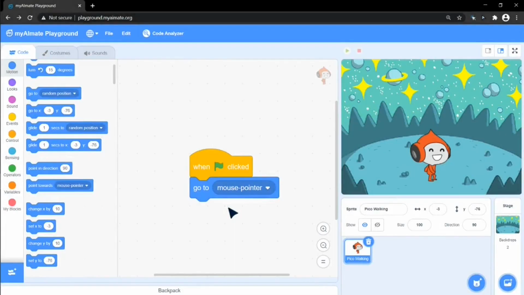Now let's move to the fifth block. This block allows us to enter custom input for the position of the sprite. Let's set it to 0, 0 and change the x and y coordinates one by one and see how it affects the position of our sprite.